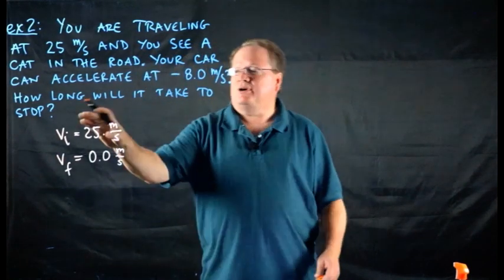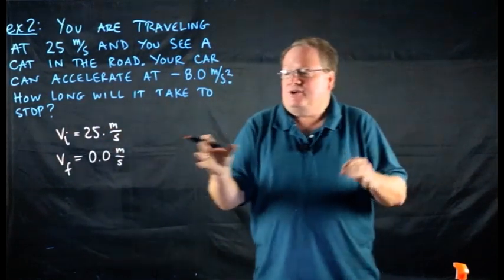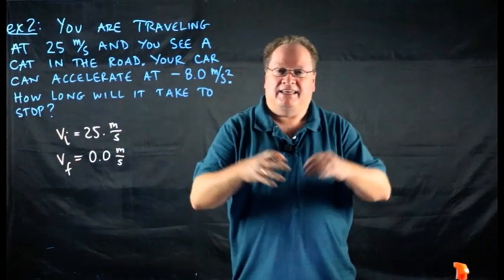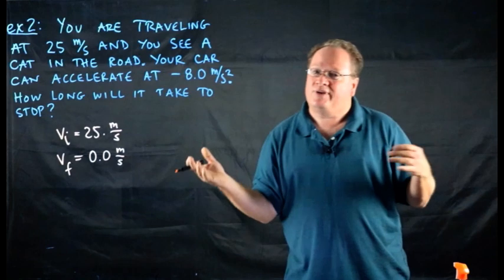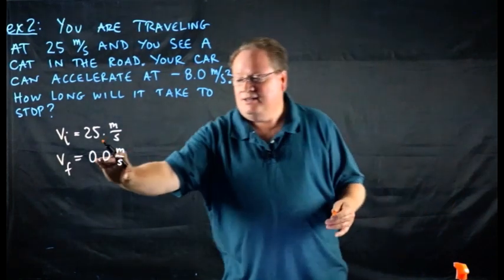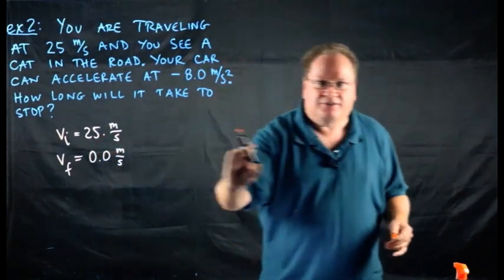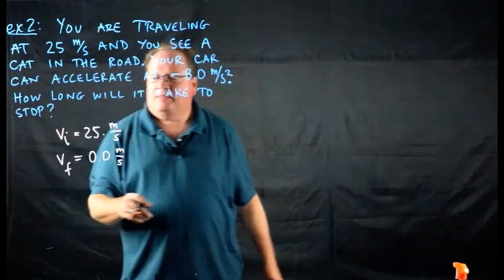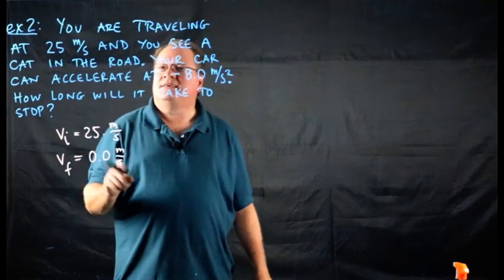The truth is, you guys, stopped is stopped. There really are no number of sig figs that we need to put here. It's an infinite number of sig figs. You're either moving or you're not. If you're not, you could say this is 0.0000 and just go all the way out to infinity. I'll just stop with 2. All right? What else did they give us?